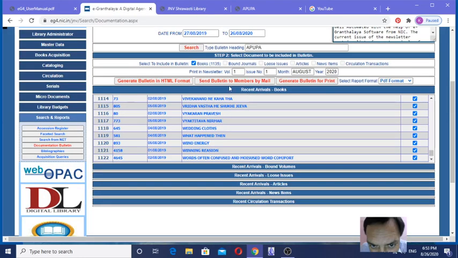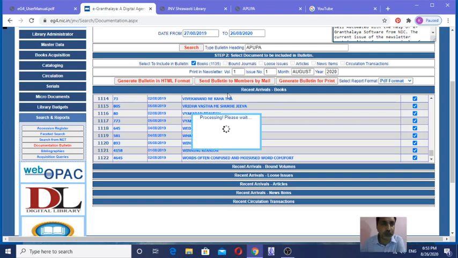Second one, send bulletin to members by mail. I have clicked. It's processing. Please wait. In today's digital environment, this kind of software, cloud-based software with so many facilities, is almost mandatory for every library, and eGranthalaya is in the lead role.